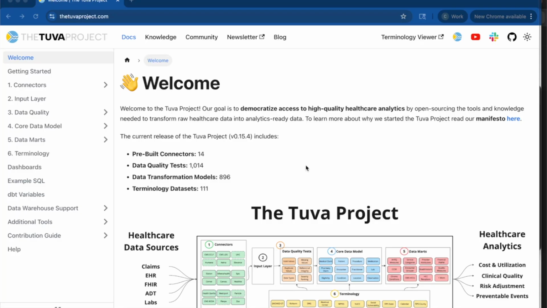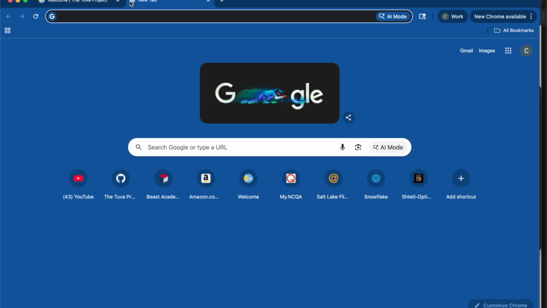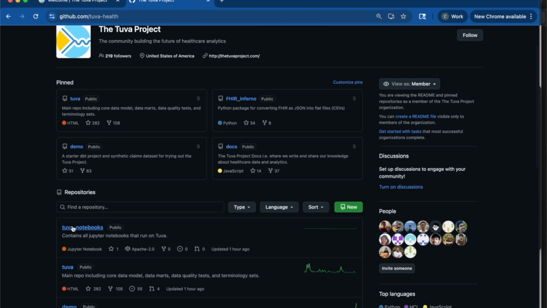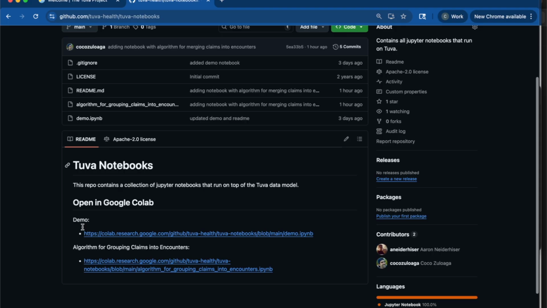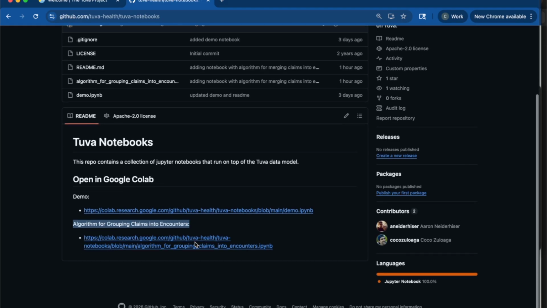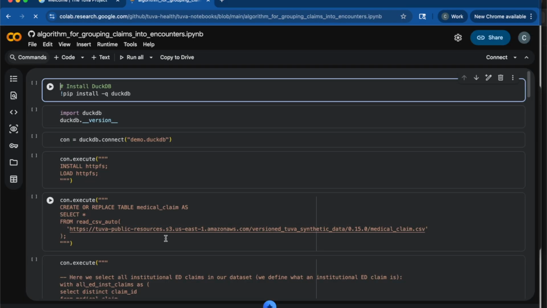Okay, we have conceptually gone over how the algorithm for grouping claims works, and now we're going to look at the actual code for the algorithm. So I'm going to go to the Tuva Health GitHub page, and there's a repo called Tuva Notebooks. So if I go here, there is a notebook called Algorithm for Grouping Claims into Encounters. So I'm going to open this notebook, and this notebook has the code for this. Anybody can go to this URL and have access to the notebook and run it and see the source code